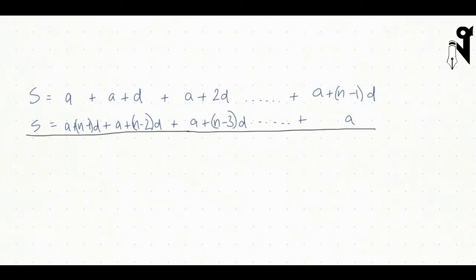Okay, so let us try to get a standard formula for the sum of the first n terms of an arithmetic progression. So this is the first term, second term, third term, and so on, and this is the nth term. Alright, so I'm going to try to get a standard formula for the sum of the first n terms of an arithmetic series. So the steps to do this are, first I've laid down S, I'm writing it as the sum that